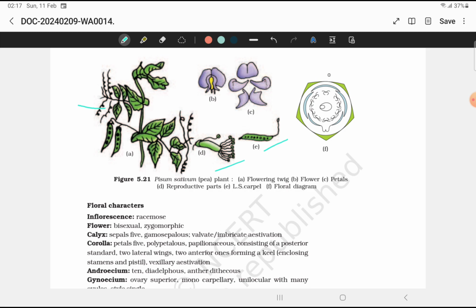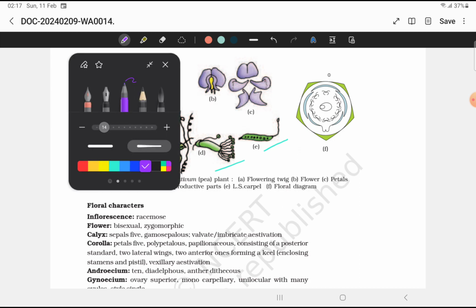Floral character in the sense, the inflorescence is racemose. The racemose inflorescence, just like a leaf, has the older flowers at the base and the younger ones on the top. And the flowers are bisexual. See here the androecium as well as gynoecium are given, so it is a bisexual flower, and it has got a